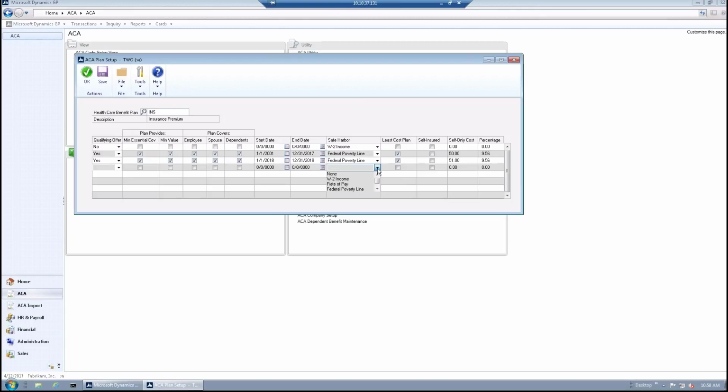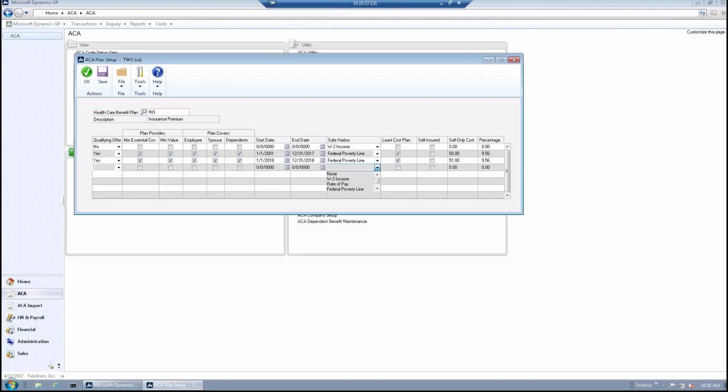The law was written that you have to be 9.56%. The employee cannot be charged more than 9.56% of their 1040 income. Well, when the IRS got writing their regulations, they realized that employers don't have access to the 1040 from employees. So they came up with some regulations around safe harbor, and they said, all right, you can use W-2 income,